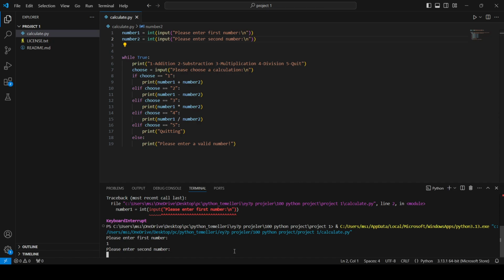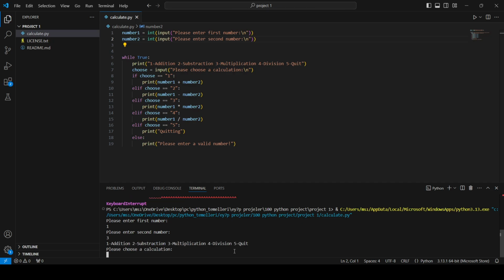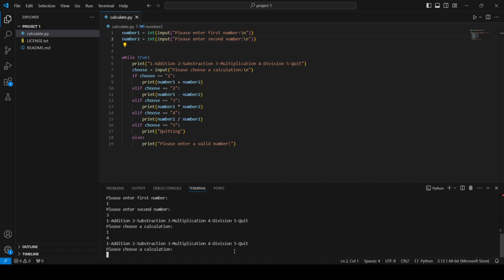I'm entering the first number, I'm entering the second number. I'm choosing a calculation. If I choose addition, yeah, it works. Now I will choose subtraction. It gives minus 2, yeah, it works. I choose multiplication. Yep. Division. Yeah, it works. And if I choose quit,